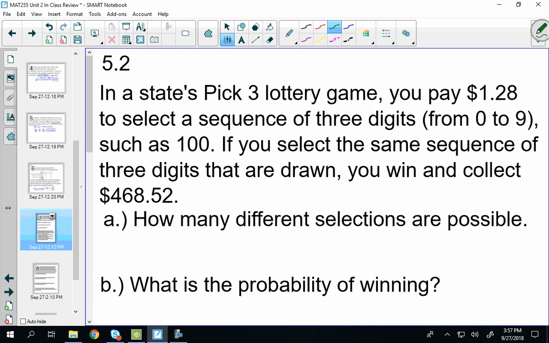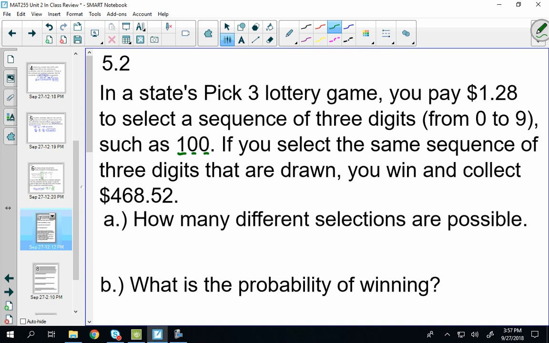If I look at section 5.2, this was where we were talking about our binomial distribution. Or no, I'm sorry, this was just our plain old probability distributions. It says, in a state's pick 3 lottery game, you pay $1.28 to select a sequence of 3 digits from 0 to 9, such as 100. Right, our 3 digits are 1, 0, 0. If you select the same sequence of 3 digits that are drawn, you win and collect